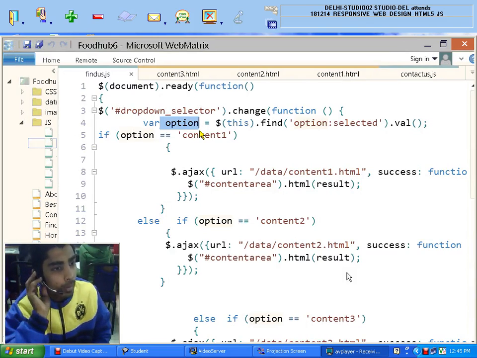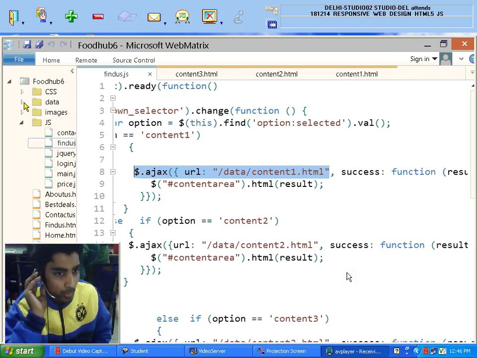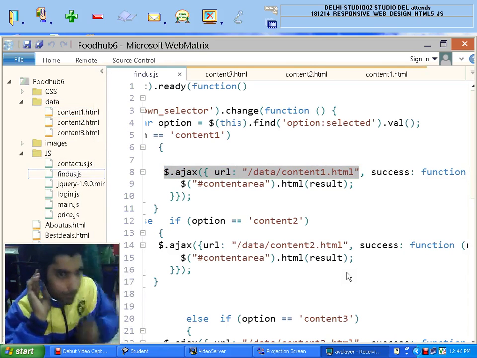Then I compare that option variable value with content 1, content 2 or content 3. If the value is content 1, I say upload the data from the data folder, and the data folder has one file whose name is content.html.